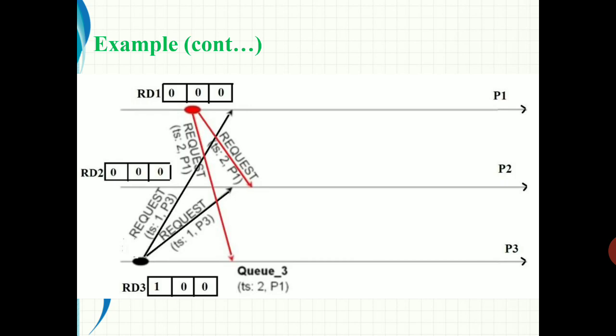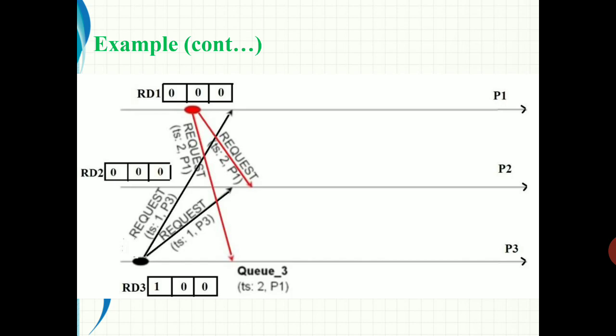In the requesting part, we will give permission to enter the critical section only if the requesting process's timestamp is lesser than its own timestamp. So we compare the timestamp values, and then we give or deny permission to enter the critical section. Consider process P1,